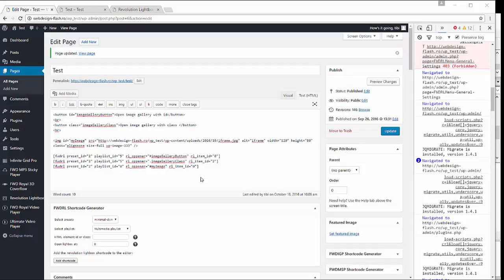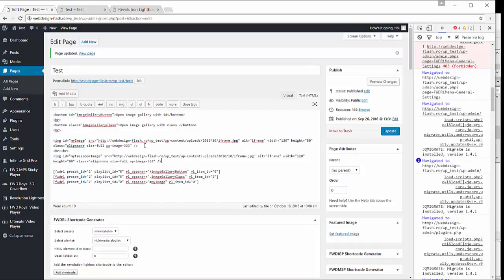Okay, so let's say we want to open the Facebook album. This is the last example because I think we get the idea. Still using an image. I gave it an ID of my Facebook image. So we'll use the Shortcode Generator. We'll select my preset. We'll choose the Facebook playlist. Here we'll add the ID. This can also be a class, and we'll start at the first image. And now we'll add the shortcode,